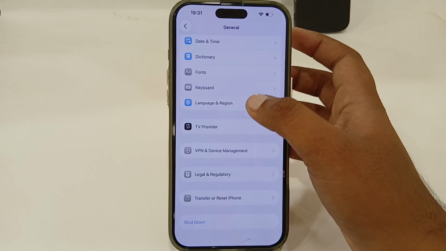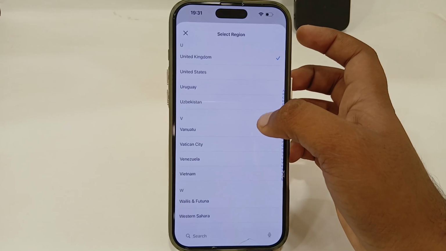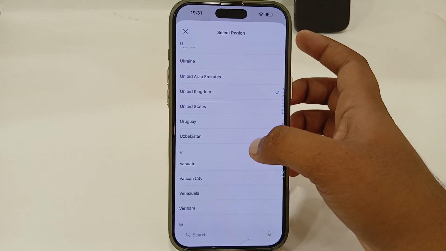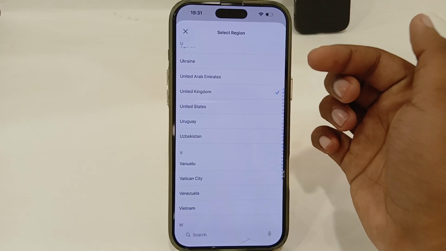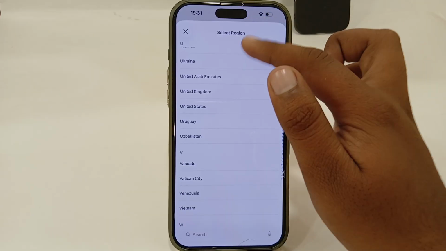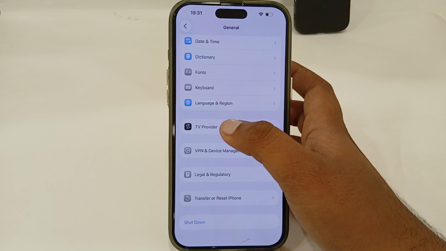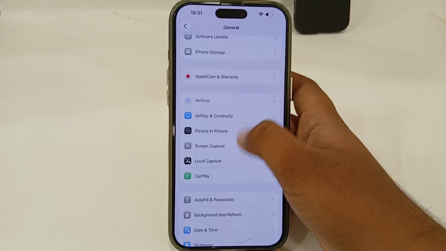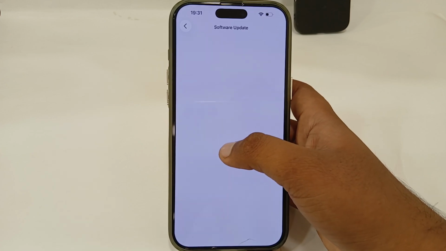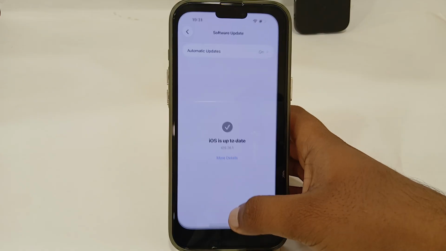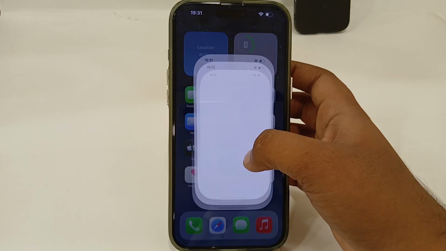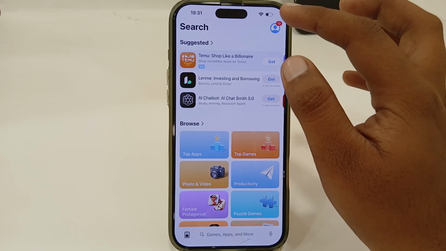Then go back, go for language and region, select the region in which you are living or which one you want to use for your Apple ID or payment method. Then go back, try to update your software, go to software update, and you have to make sure that you have an updated software. After doing that, you just have to open your App Store, tap on the profile option in the top right corner,